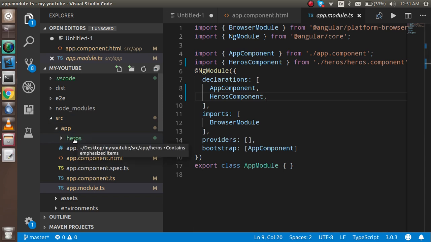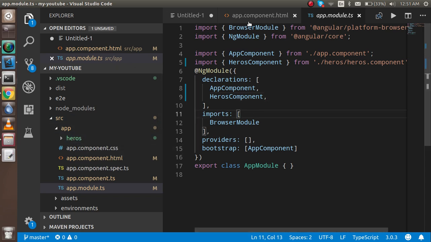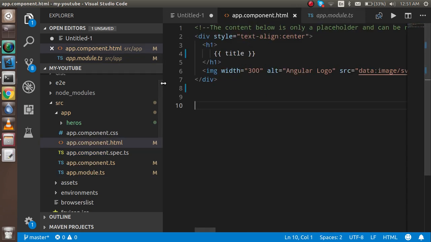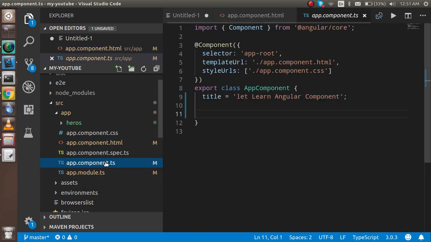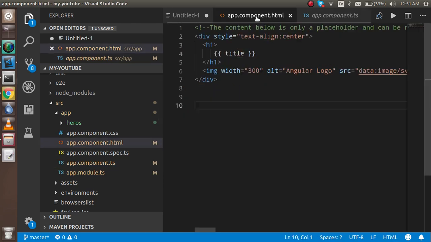And how can I use this? To use this, you have to go to your root component. And which is our root component? Our root component is the app.component. Why? Because you can see that inside the selector, this is the app-root component. So just go to app.component.html in the root file and simply write here